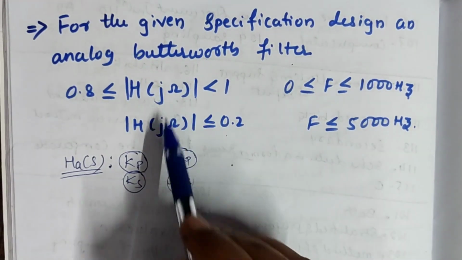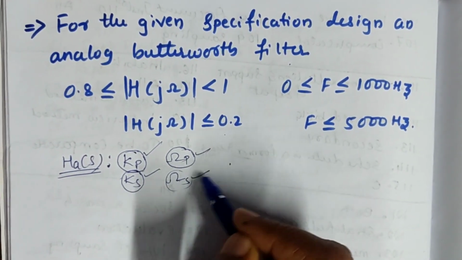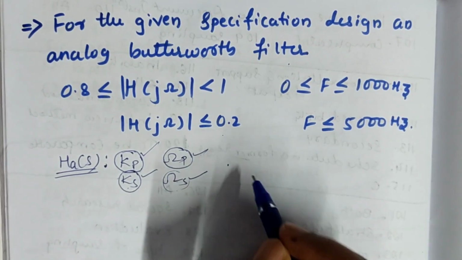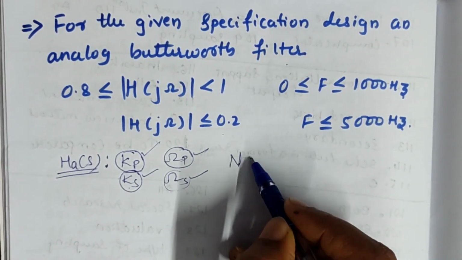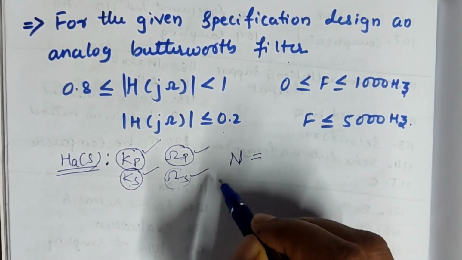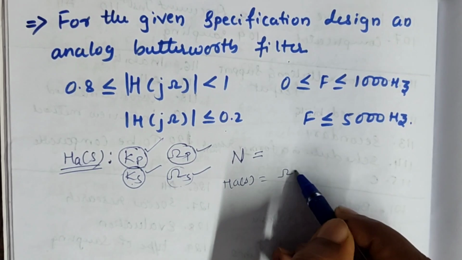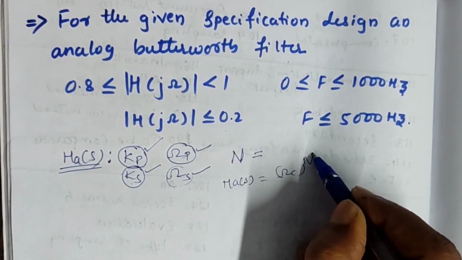Usually they provide this data: KP, KS, omega P, omega S. Through this we first find the order n of the filter, and based on that n we use the formula HA of S equals omega C to the power n divided by,